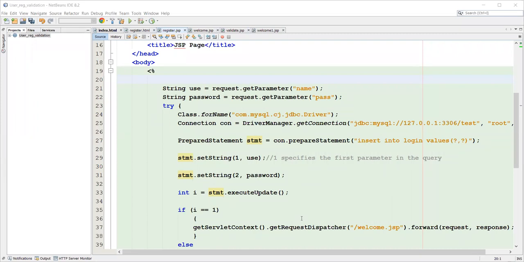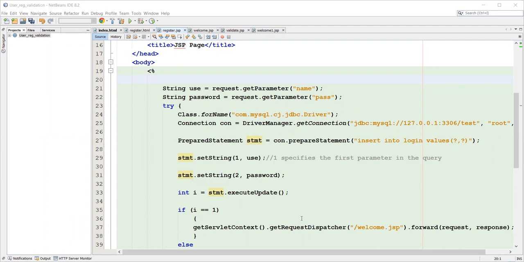So first of all, to insert the values into the table, we need the values. From where are we getting those values? Those values are coming from the form. So we need to retrieve that form values into our code.